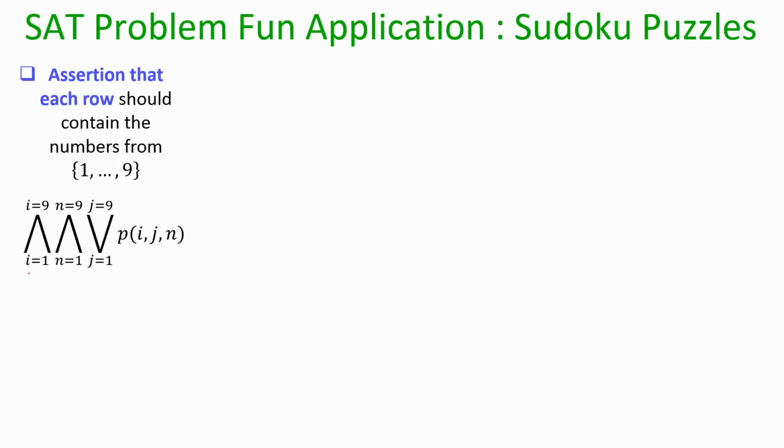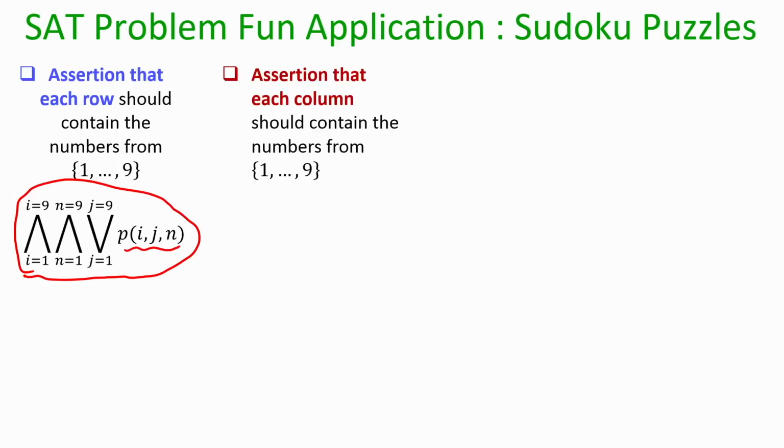So, in the short form I can represent whatever we have discussed till now by this compound proposition, right. So, I am iterating over the row i equal to 1 to 9 and column j equal to 1 to 9 and possible values in the cell from 1 to 9, and I want the value n to appear somewhere in the ith row, okay, in one of the columns of the ith row.